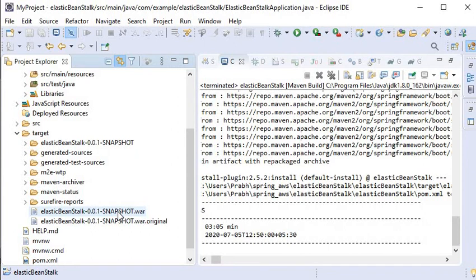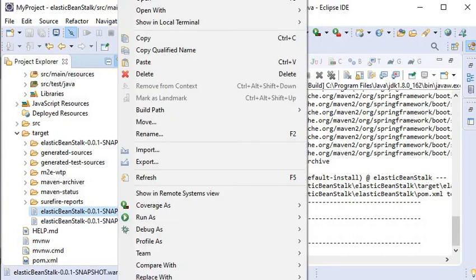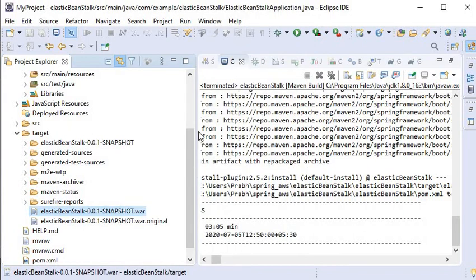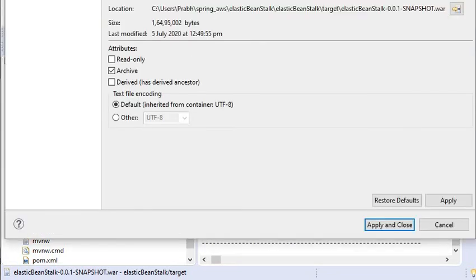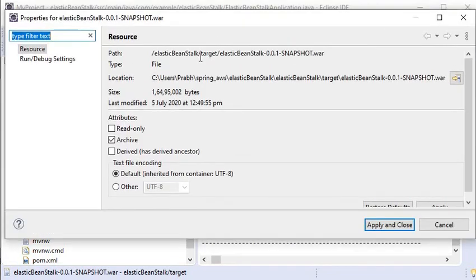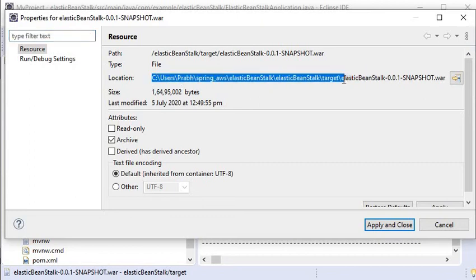So I will copy the path, click here, properties, and choose the path, that is target.